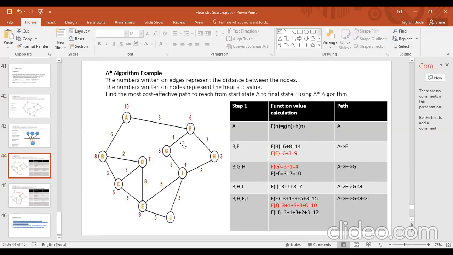So what is the g of n? That is 3 plus 1. What is the value of 3 plus 1? 4. Okay. Now we have to add h. So 3 plus 7 is equal to? +7 क्यों है? Here I given F has two successors, that is G and H, right? So g of n is the cost, the distance between two nodes. So here I add 3 plus 1 and I add 3 plus 7. So here 4 and 10.